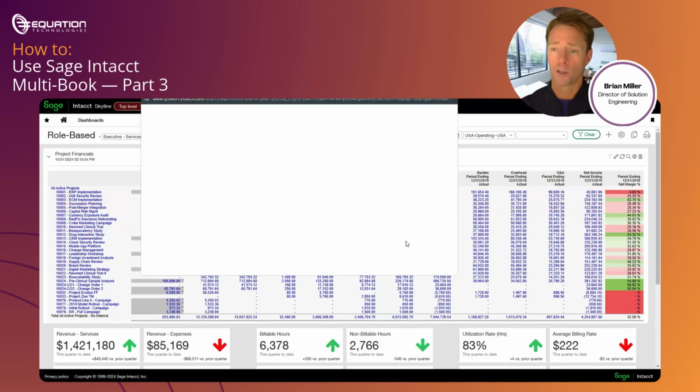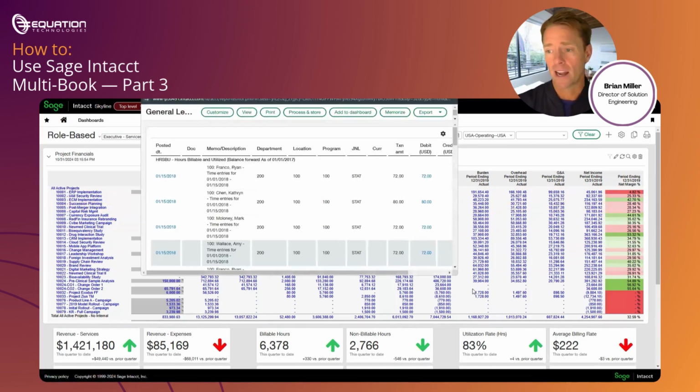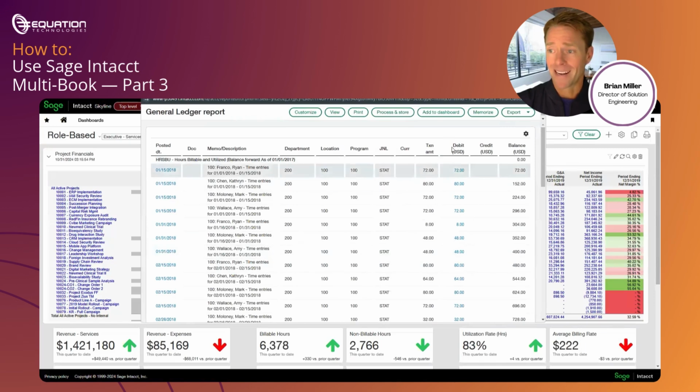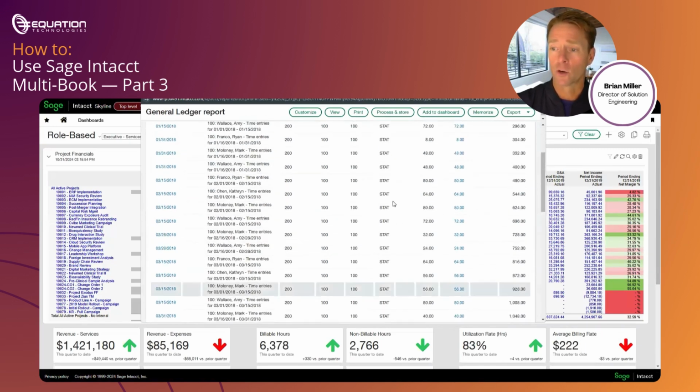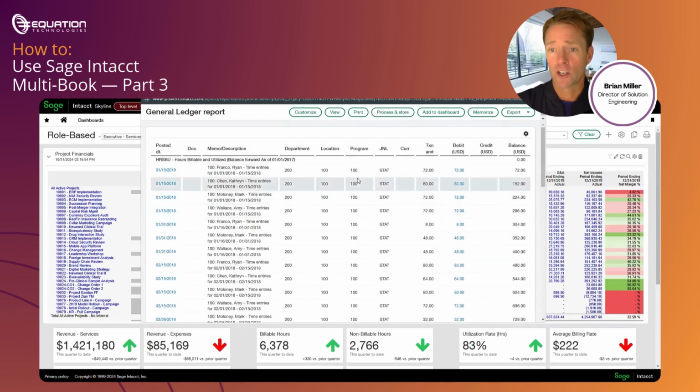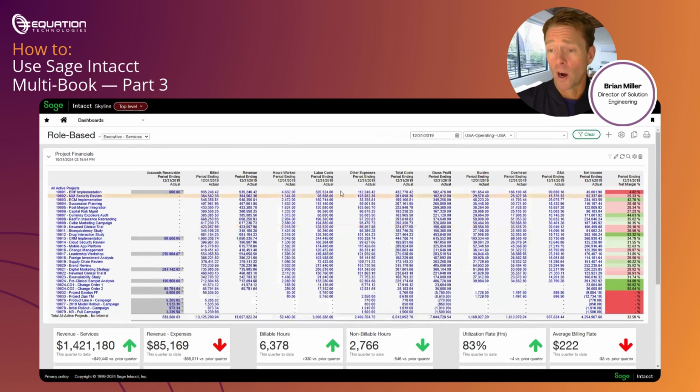If I drill in, of course, I'm going to see that these are all going to my stat journal entry, right? So there we go. We're seeing my increases or decreases directly to that stat journal entry. And in this case, it's just hours worked, so it's always going to be an increase, right? So again, that capability of being able to embed and or compute statistical metrics alongside financial data is part of